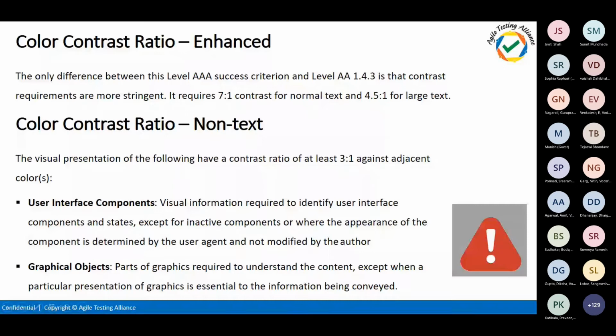And whenever we are testing the color contrast ratios for non-text, then all the colors need to be tested. For example, this icon which we have over here. The white one should be tested with the red as the background, and the red has to be tested with the gray as the background. Wherever it fails, we need to mark it as failed. So all the colors need to be compatible. We can't test the white with the gray. The white has to go with the red, and the red has to go with the gray. So those are the ways we'll be testing for color contrast.